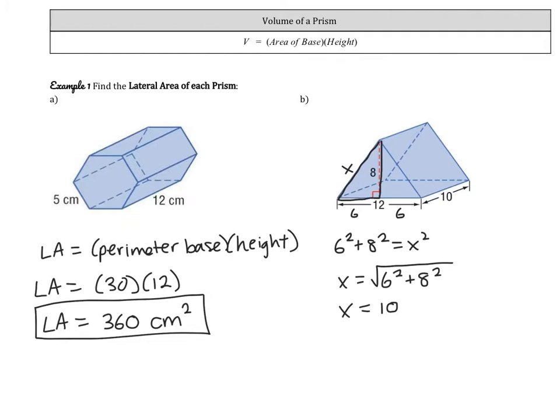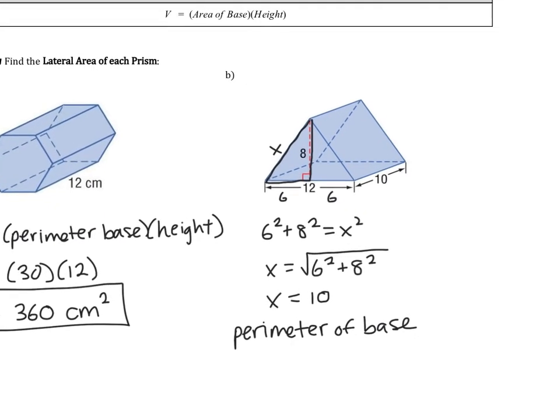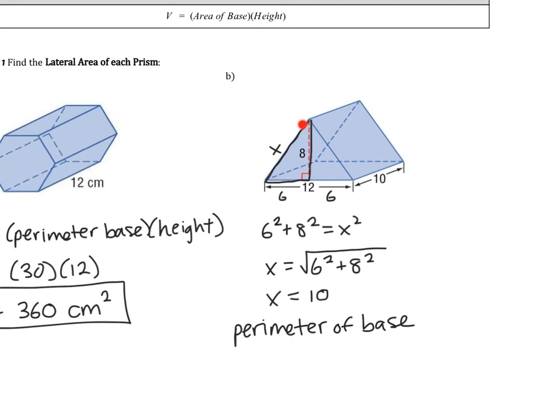So we can see that the perimeter of the base is going to be 12 plus 10 plus 10. So it's 32. And now we have enough to find the lateral area, which remember is the perimeter of the base, which is 32,